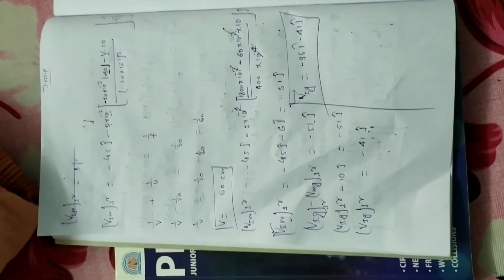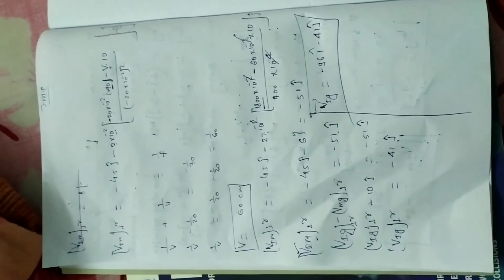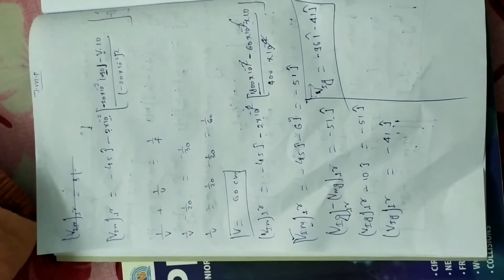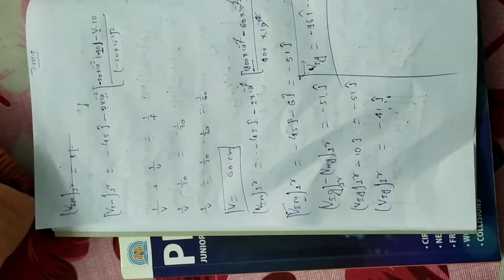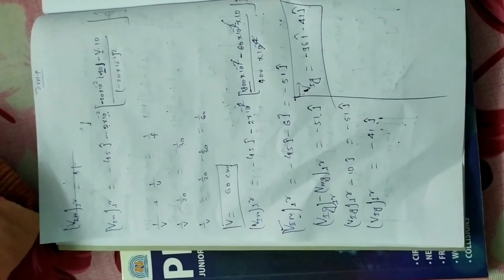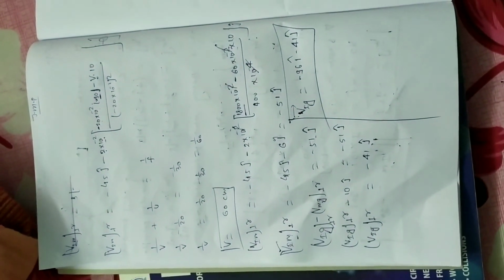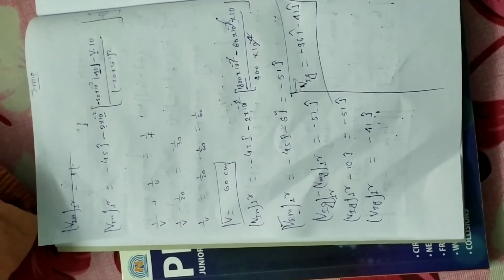Again I am telling you, these concepts are very easy. You have only to go by sequence. Like in this case, you can see I have resolved this question in two parts: one along the principal axis, another along the transverse axis. And after getting the result, I just compile, and we get the final result, right?